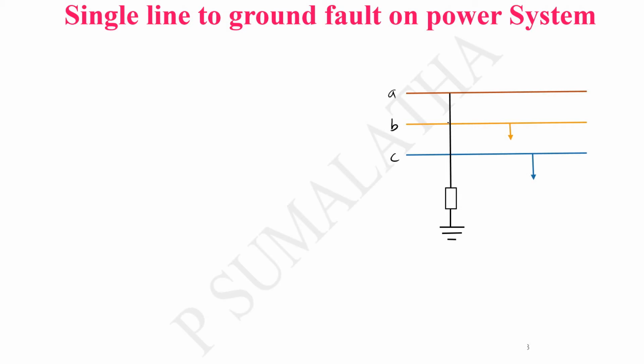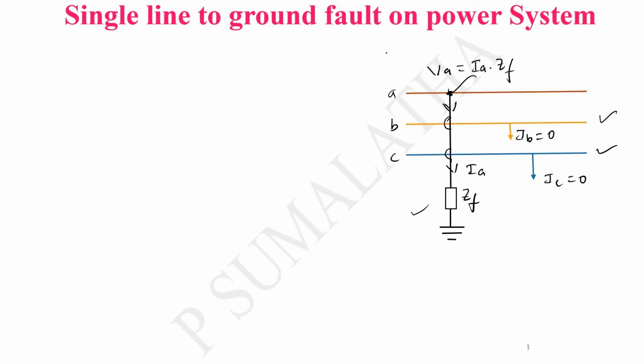There is no connection here. It is a jumping line, so I am just representing it like this. The fault has occurred only between A and the ground, phase A to the ground. That's it. So this is the fault impedance. There is no short circuit for B and C phases; they are healthy phases. So the short circuit currents IB equal to 0 and IC equal to 0. But what is the current IA? IA has a path to flow. So the voltage VA is equal to IA into ZF.